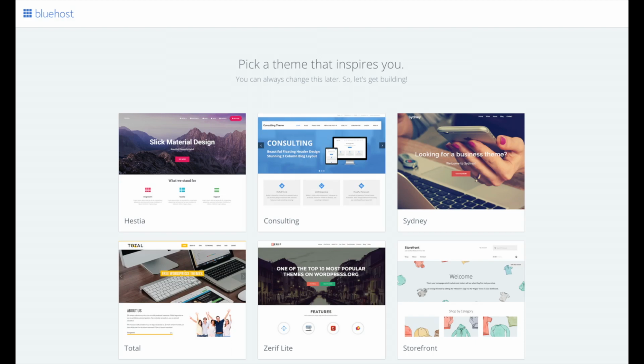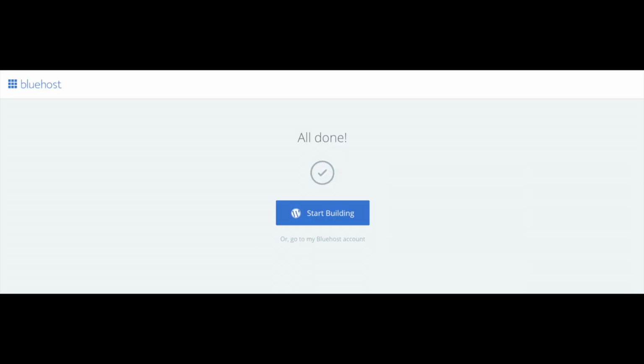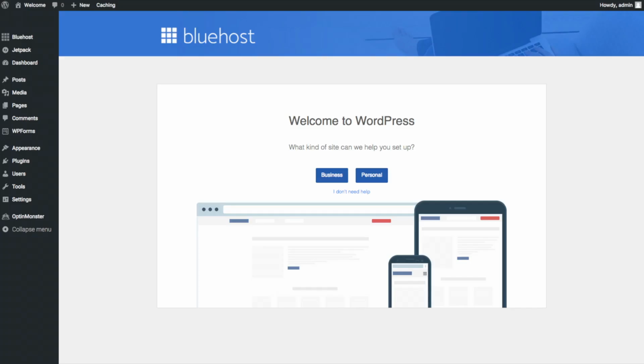You will now see pick your theme. Bluehost has a bunch of awesome free WordPress themes you can choose from. You can select a theme now if you want to, or below the themes you can click skip this step. If you choose a theme now, you can always change the theme you pick without any problem at a later date. I'll be going over this in more detail later in the video. Once you choose your free theme or click skip this step, you'll be at the page here stating all done. Click the button that says start building your blog on WordPress. Once you click that and log in, you'll be at the WordPress dashboard.